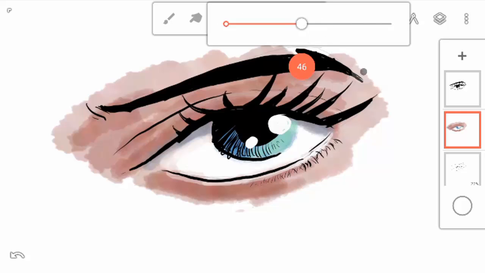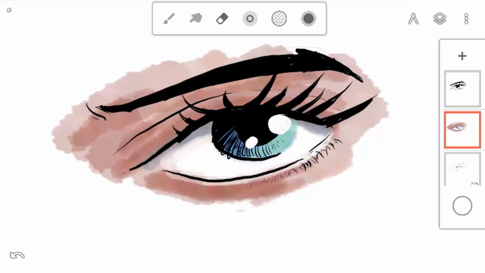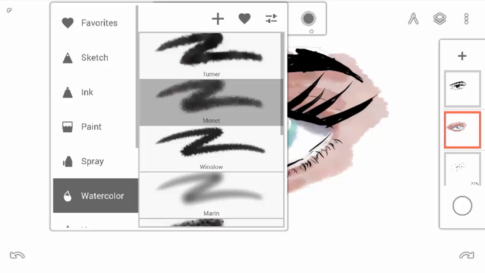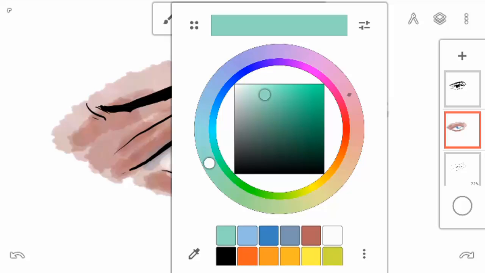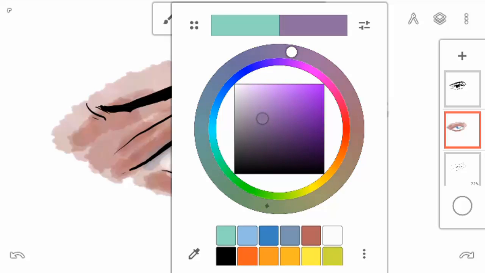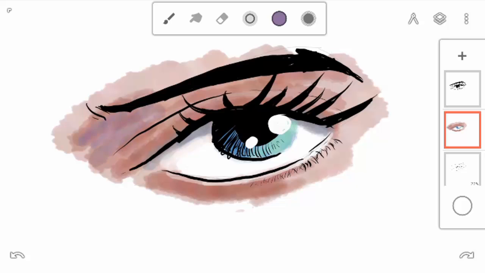You can also turn the opacity back up anytime to save some time, and if you wanted to straight cut into color like that, it makes it faster to erase. I didn't mean to do that last one, that line at the bottom of the eye. Right, so there's that, and then you can add other colors if you needed to with the watercolors. So we're still on the same watercolor brush here, and let's say I want to add a little bit of purplish color tone in this area here,